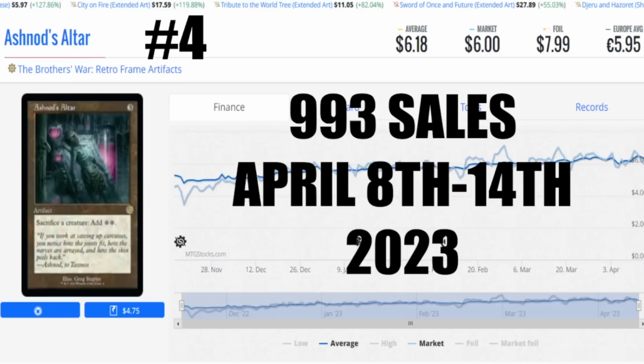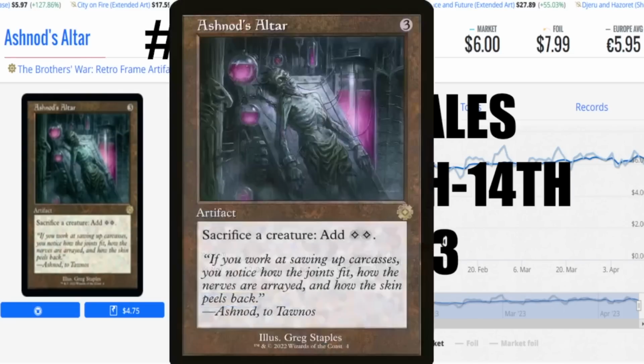It's about $9 here in Canada, guys. And don't forget how beautiful the altar looks. I do like the retro frame look. I think we're going to look back on the Brothers War and just realize it was a horrible time in Magic, and we just couldn't let it go. And now we can look at it and say, yeah, it was a great set. We were so mad at the fireside chat, we just couldn't look past that. But